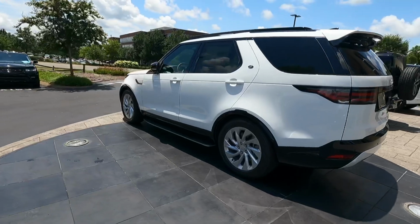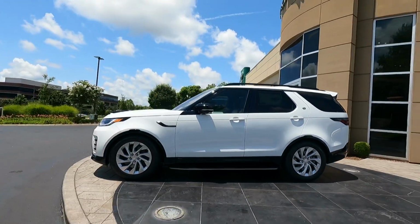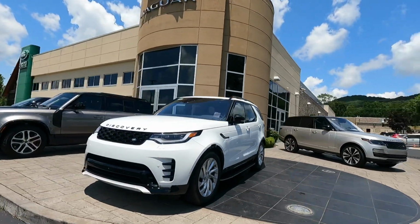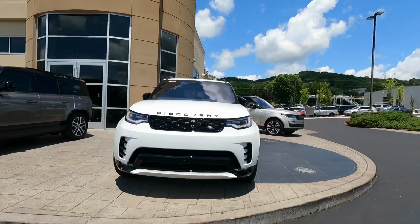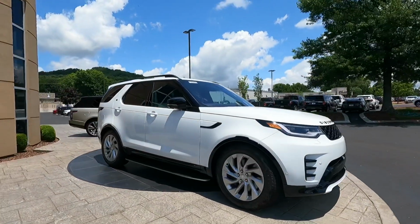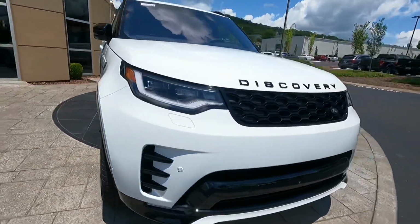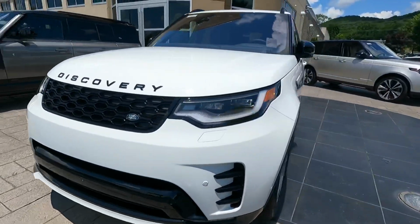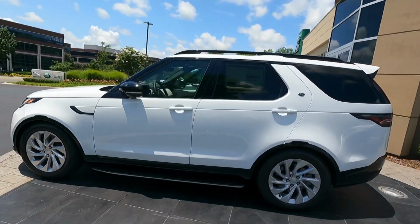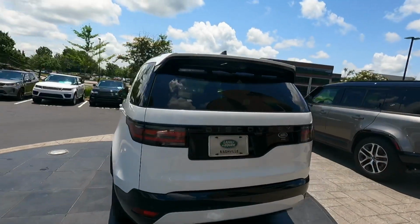Alright, today it's time for the 2022 Land Rover Discovery. This car is, bang for your buck wise, the best out of the lineup that Land Rover or Range Rover offers. You're going to drop, I'd say at a max, 78 grand, maybe. You might hit 80 on one of these. So 80 grand, and get more space than Range Rover Sport, Range Rover,